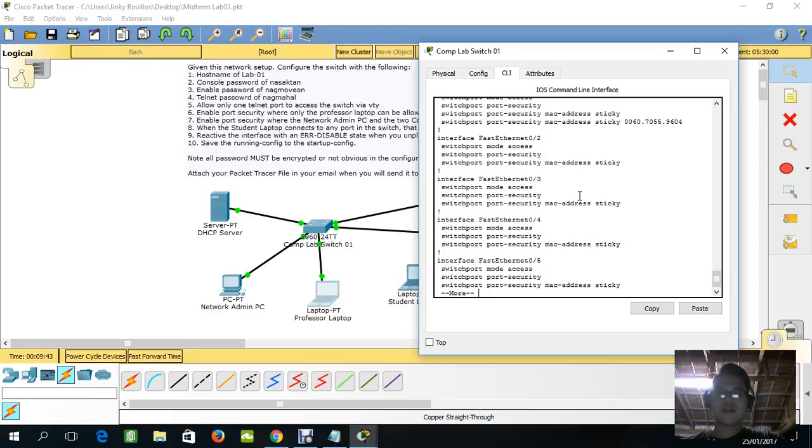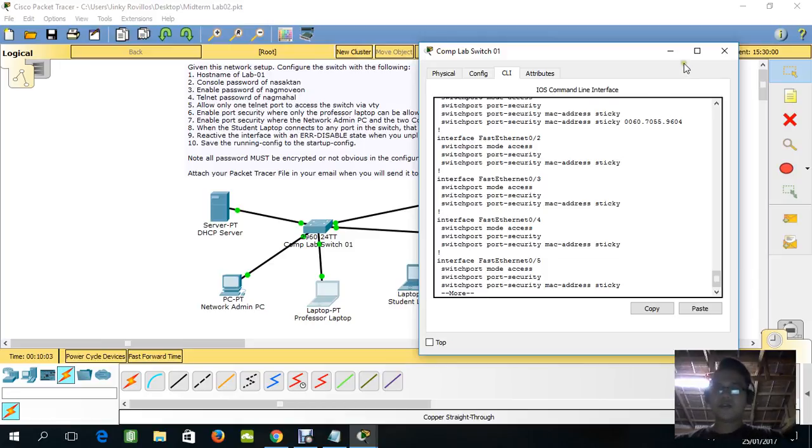The next one that we're gonna do is connect the laptop to every port so that the MAC address of the laptop will stick, or it will appear here in the switchport port-security MAC address sticky.